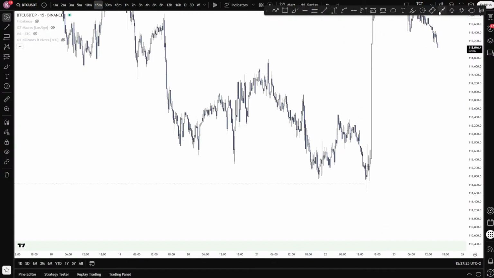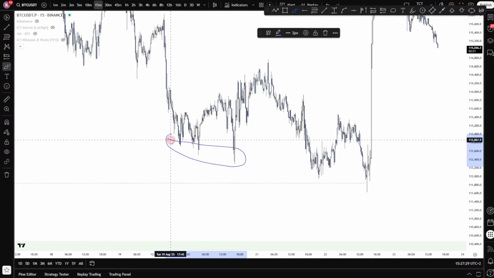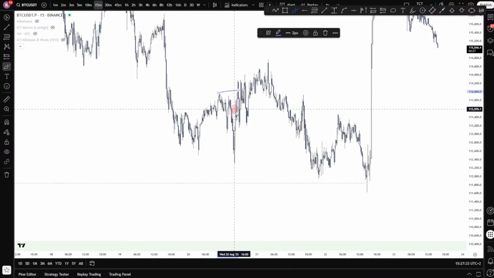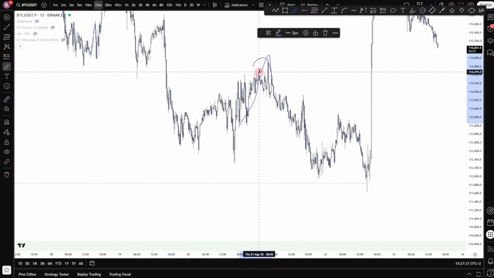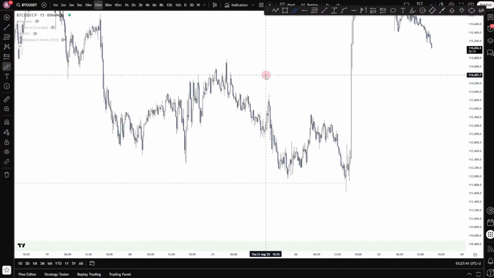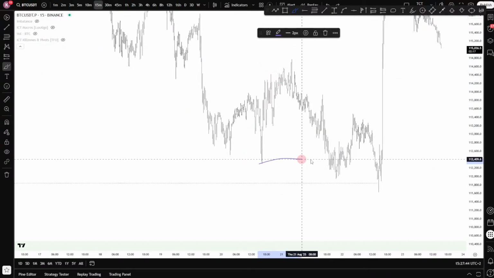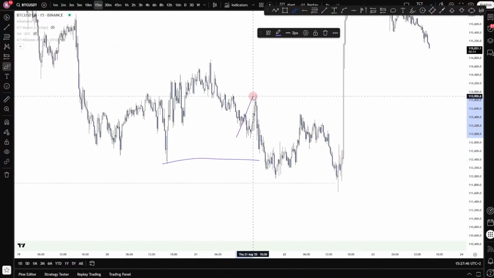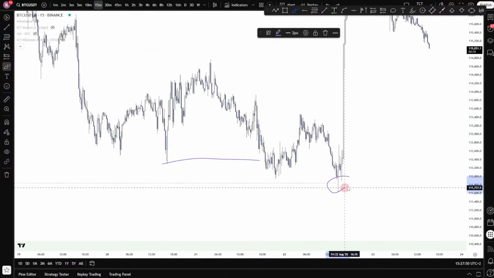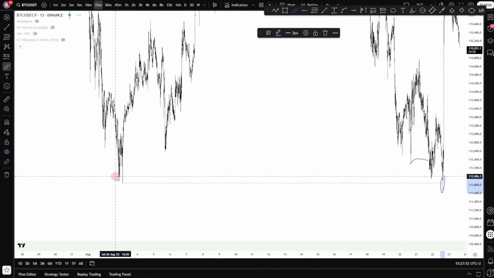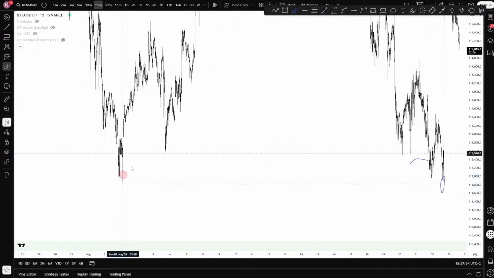It's actually very funny what Bitcoin has done, because you had these three little taps here, which are beautiful bottoms. Then we also broke above the high, tested back here, and we created new highs from there. That was really strong price action from Bitcoin. But we still managed to flush that low and then continue this market structure trend right here until we grabbed our draw on liquidity, which was right here.